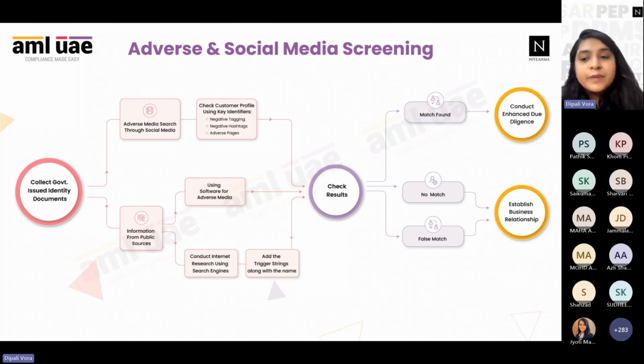After adverse media and social media verification, if you find a result where you did not find anything against me, no adverse media, no negative articles, no negative taggings or hashtags, no negative campaign against me, then it would be easier, or I would say low or medium risk, you can decide, and then you can establish a business relationship without any hassle. So that is how adverse media and social media will help you and also change your risk assessment in a way which will be more beneficial to your organization.